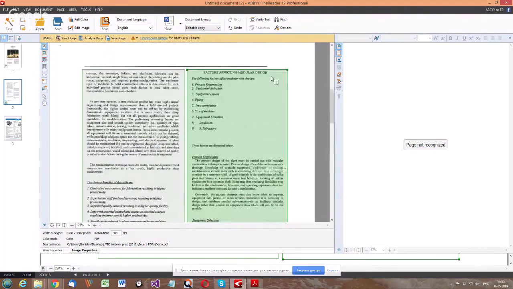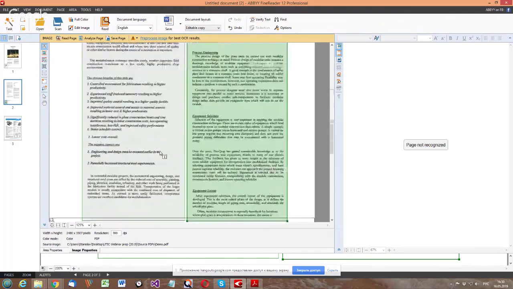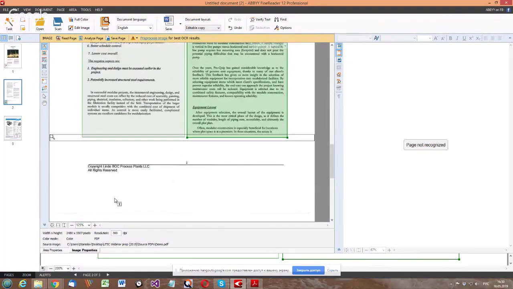Actually, according to what we talked about, there is one two-column band at the top, and there is also a band at the bottom, and this could be recognized as a table area or as a text area. But we need to remember that we already have an identical footer on the first page, and in that case, do not create an area around this text, because you will put this text into the automatic footer of the Word document anyway. So you do not need this text.